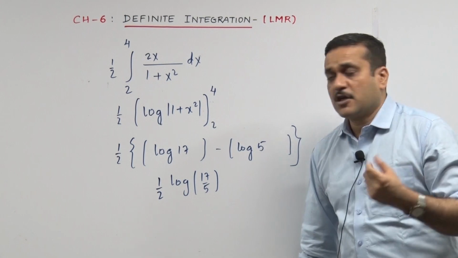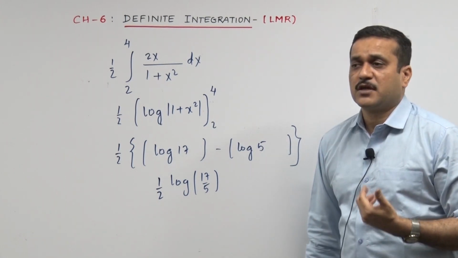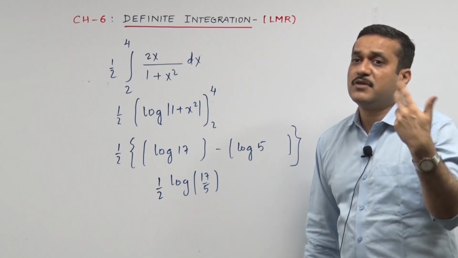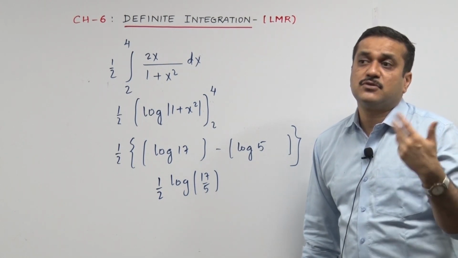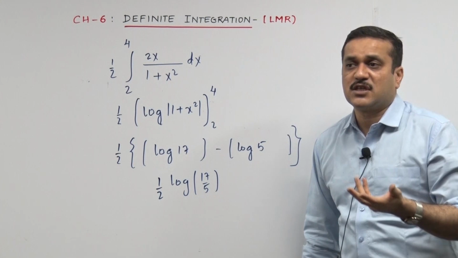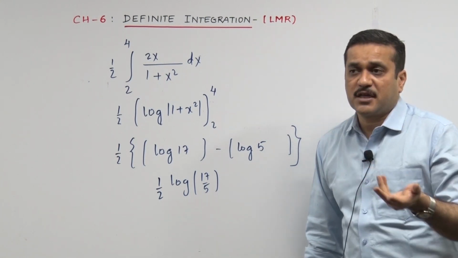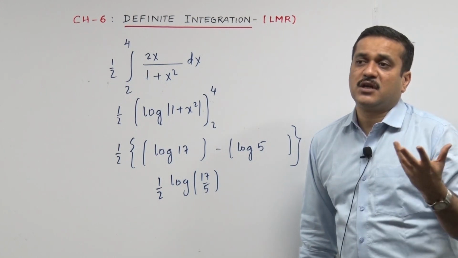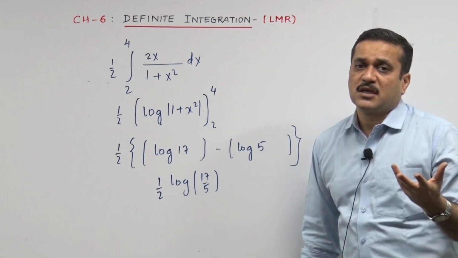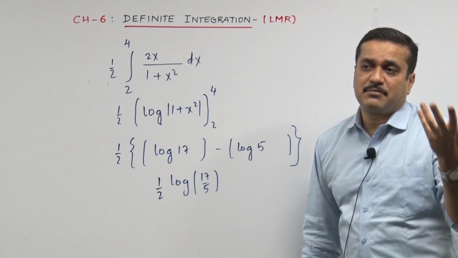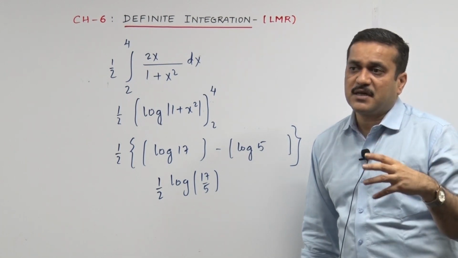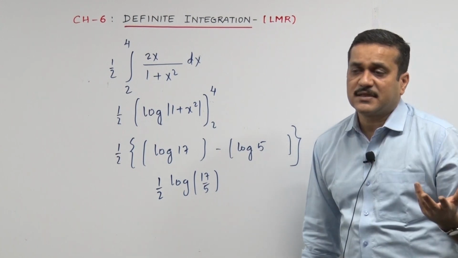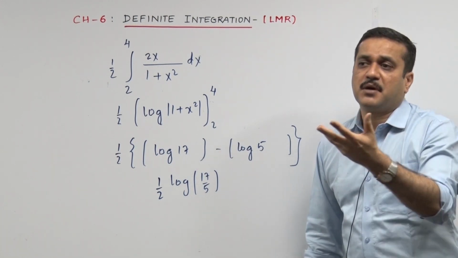But right now, give me a chance to bring in one more sum to you all, and maybe that may be a kind of a revision, what I always used to say in my batches and which I carry saying in the forthcoming years also. Okay, chapter 6 ka first part is surely a short revision, quick revision of your chapter 5. But today in the LMR session we just try to bring in one more sum to check out how do we work out the last step, dabba minus dabba, upper dabba minus lower dabba.